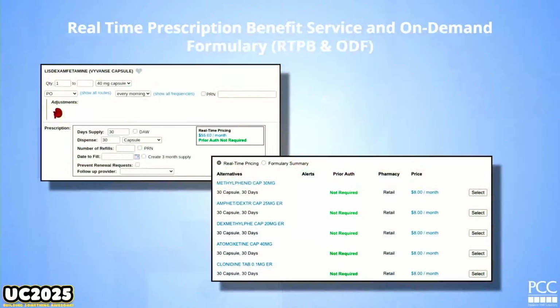Real-time prescription benefit. This came out in the last couple years. I feel like people are really using this, and I would like to know if you're struggling with it at all. This information is not anything that PCC provides. We show it to you, but it's not information that we have. Based on your patient and their identifiers about their demographics, it reaches out to SureScripts, not the insurance information in the EHR. Those are totally different, and that's going to make you go, what?